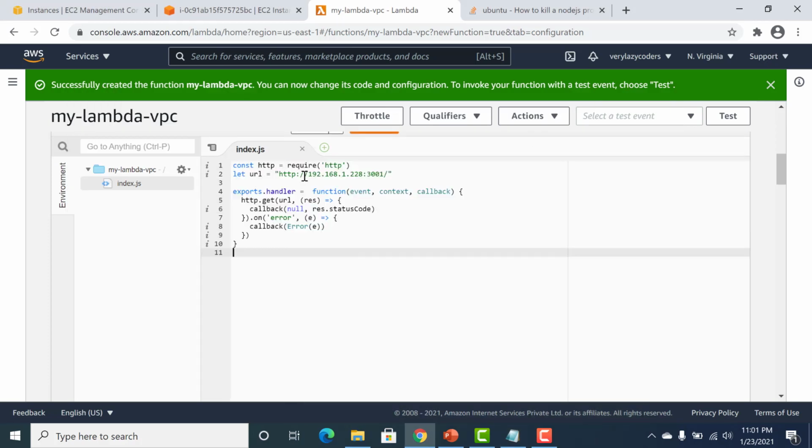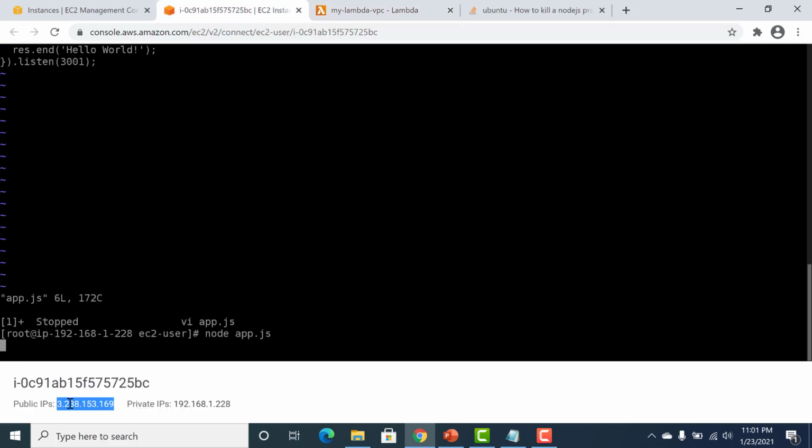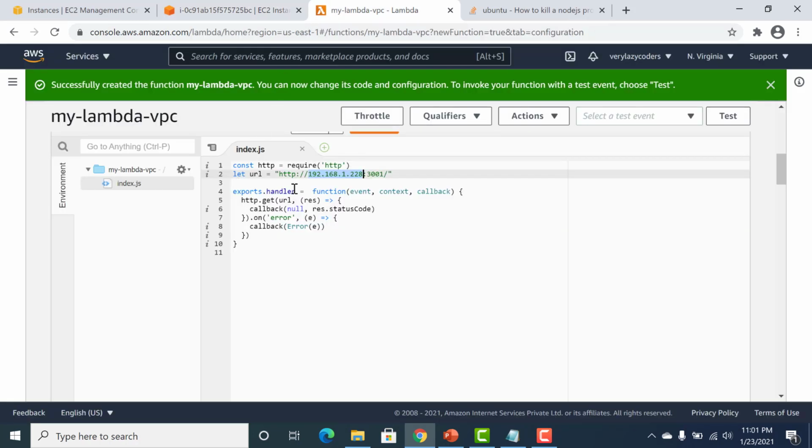All that it will do is connect to this particular IP address. So this is the private IP address, let me just replace it with the public one. And the port is 3001, and it'll just return back the response status code.